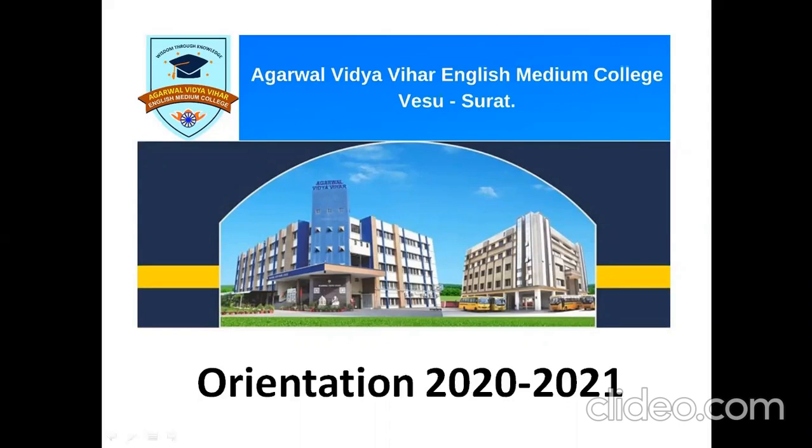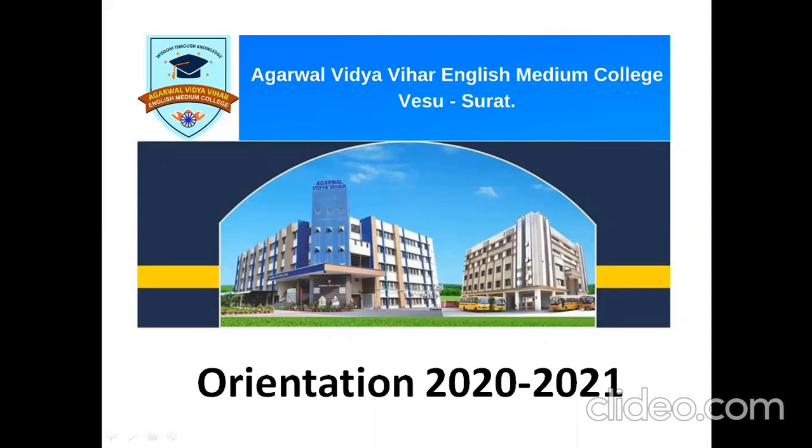Firstly, let us understand how you have to use Zoom. If you are using a mobile phone, you have to download the Zoom and Google Classroom applications by using the Play Store. If you are using a computer, you can download the Zoom application or Google Classroom through a web browser, or you may not download, but you can just type their names and use them.